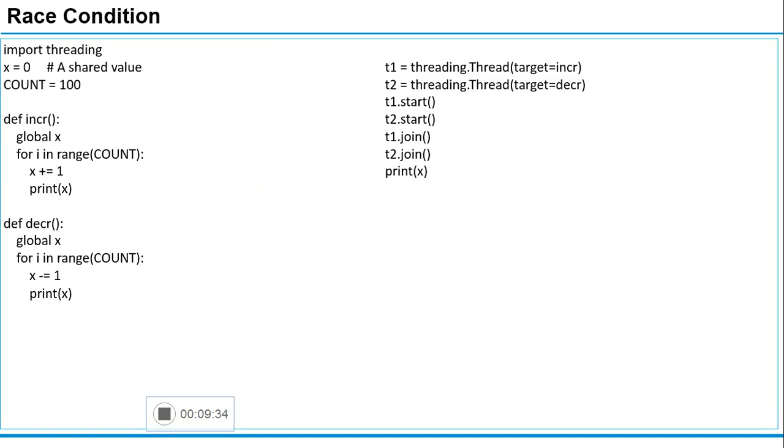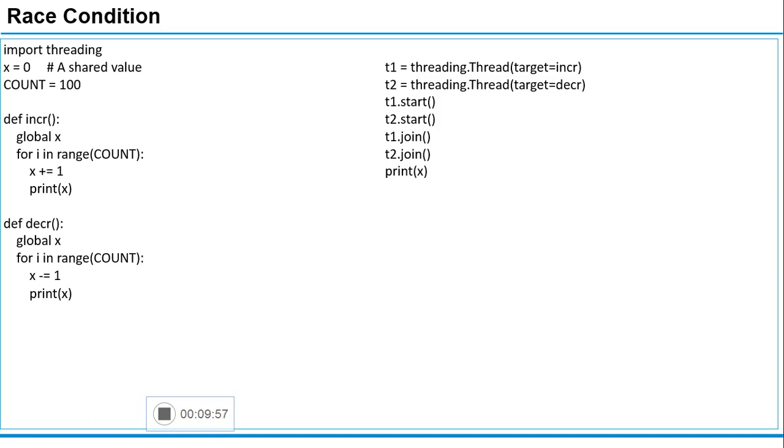So this is a simulation of a race condition. A race condition is, for example, when you have a variable called A which holds a value of 100, and two different threads are trying to operate at the same time. One thread will be incrementing, the other thread will be decrementing. The first thread will increment the value by 2, and the other thread will decrement the value by 5. Assume both threads try to do the operation at the same time.